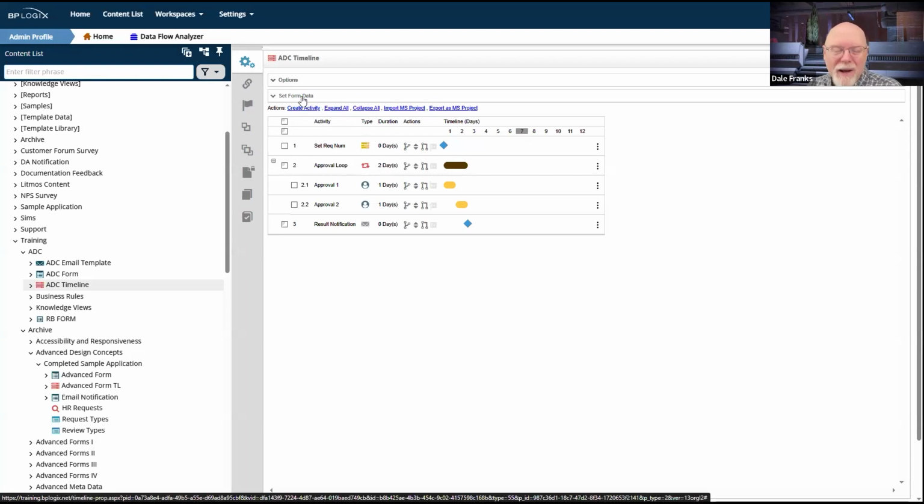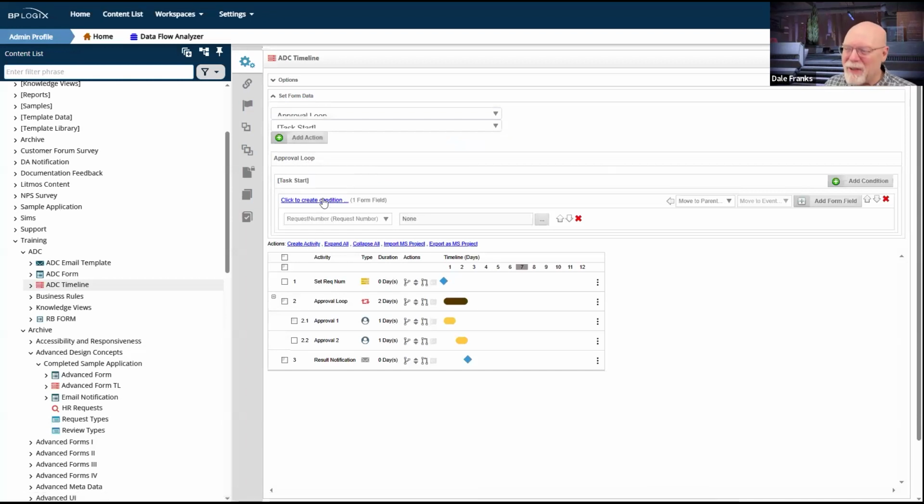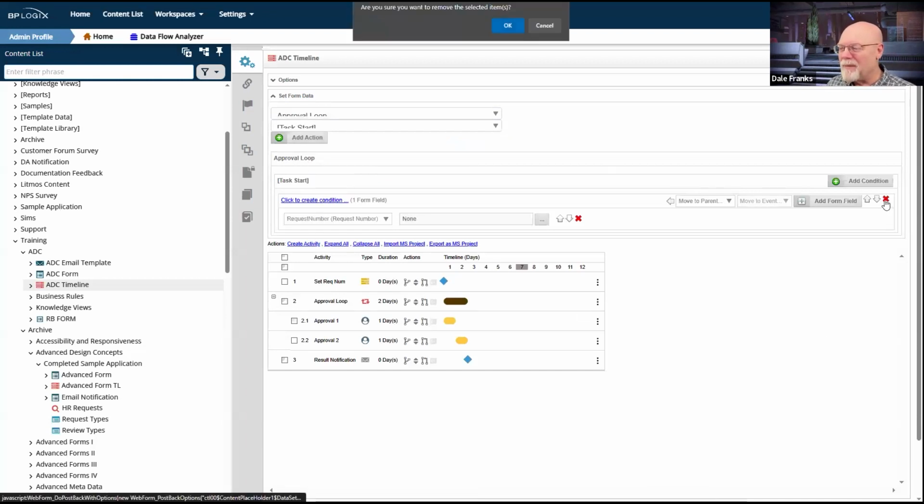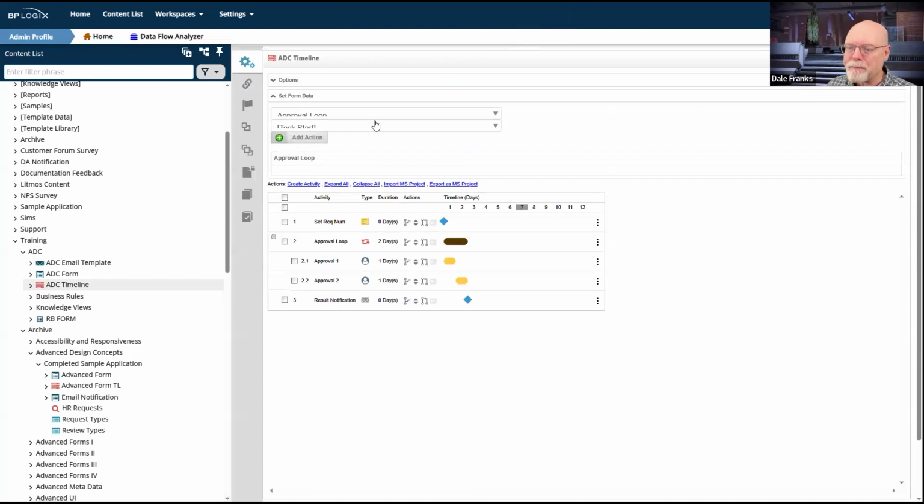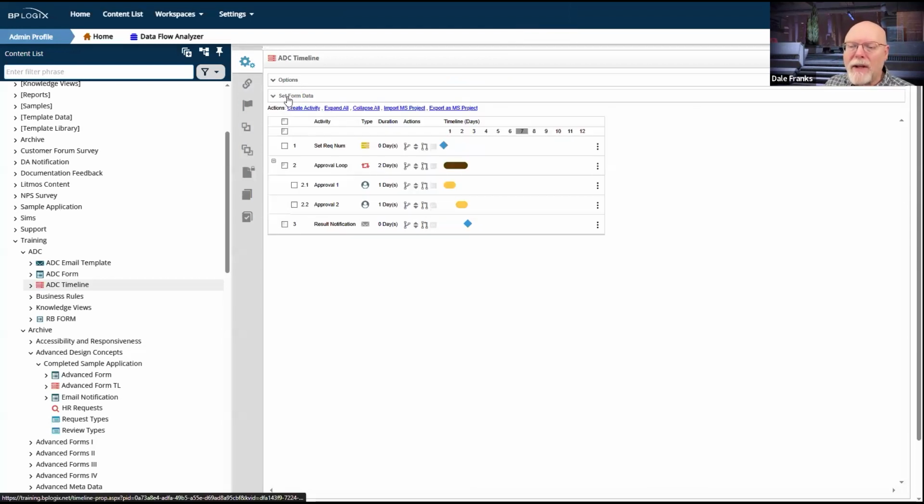Yeah, maybe eventually it'll occur to them, hey, I'm setting this field value somewhere. It's being set via a sequence number. It's not on the form. It's got to be here. I mean, through process of elimination, they'll eventually find it. But the reason that I haven't done it is because I'd rather just do it explicitly. I'd rather make it part of the process and show that I'm actually setting a request number.